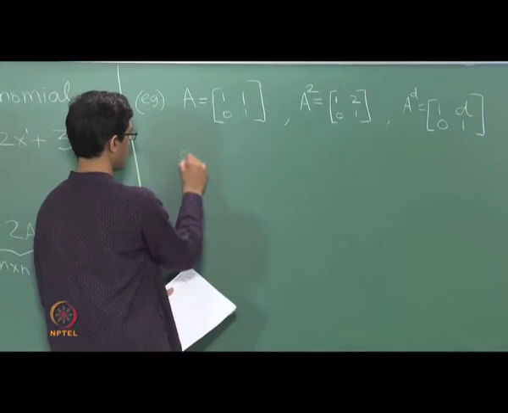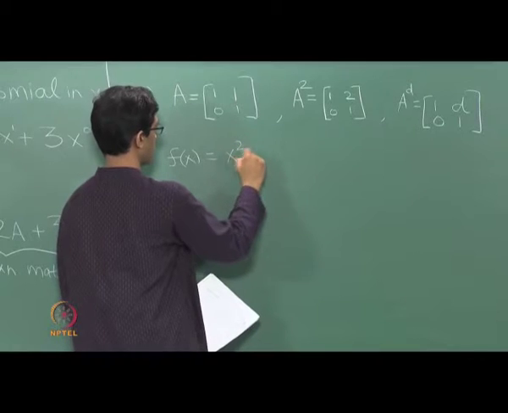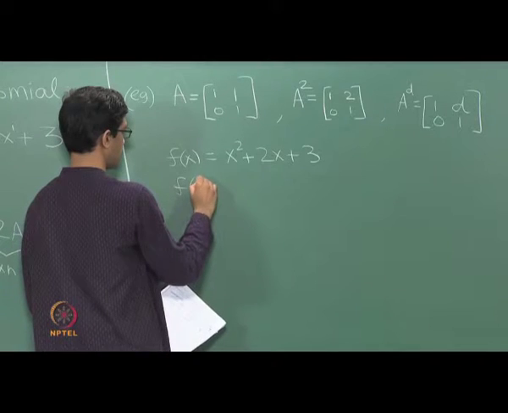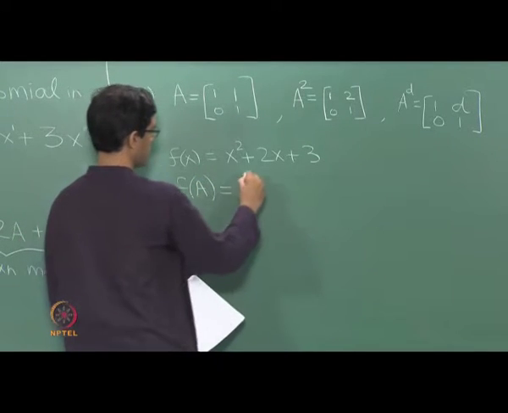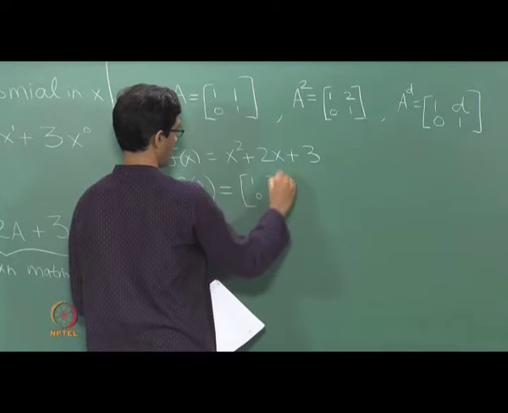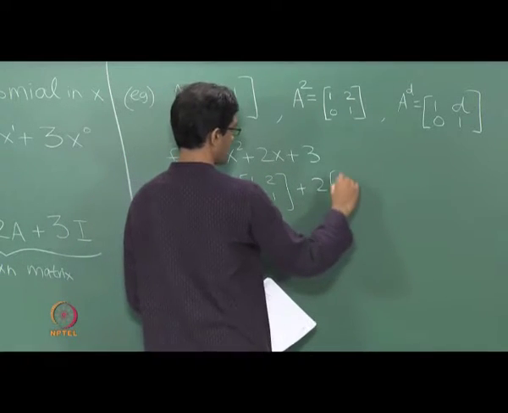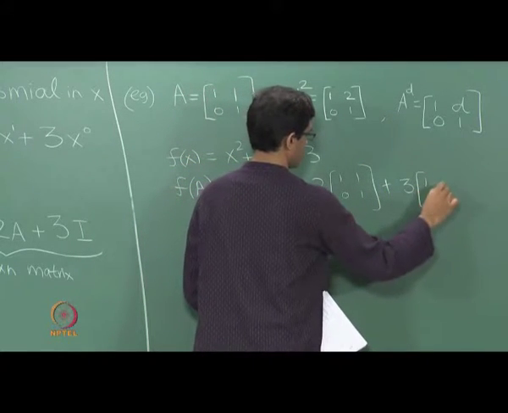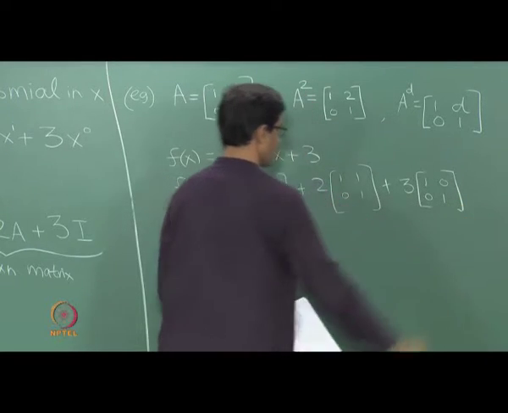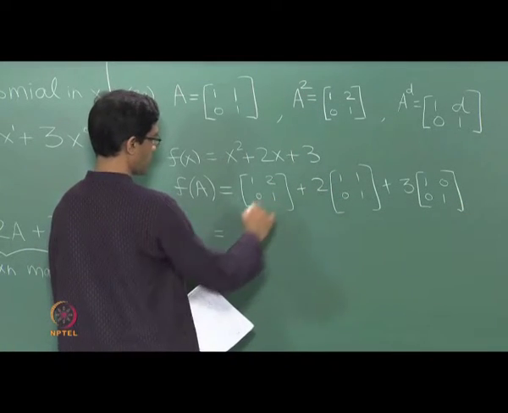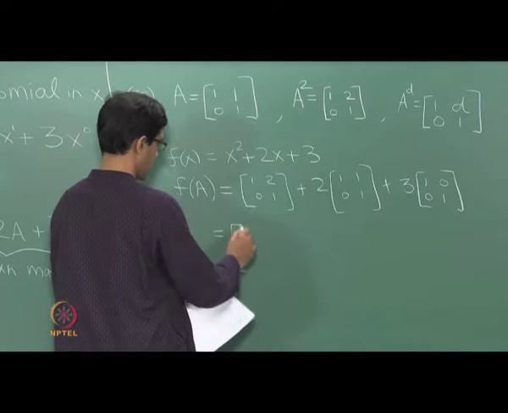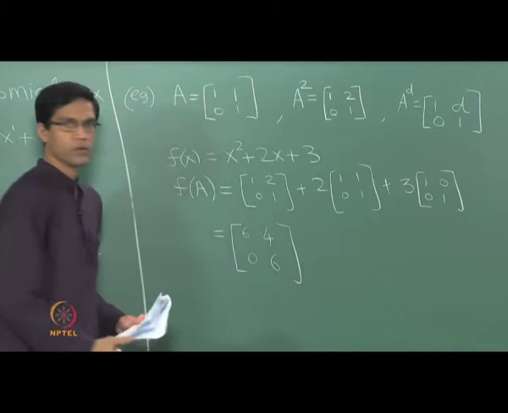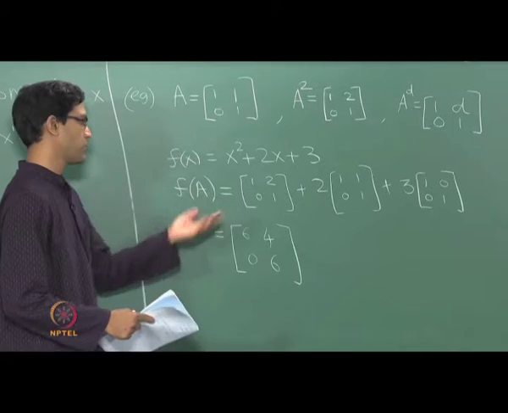And so now let us take the same polynomial f of x is x squared plus 2x plus 3, and let us plug in this matrix A in place of x. So as we said, it is A squared. So A squared is 1 2 0 1 plus 2 times the matrix A, which is 1 1 0 1, plus 3 times the identity matrix, which is 1 0 0 1 if you wish. Okay, so all we must do is add up these 3 matrices and check again that the answer here is 6 4 0 6. Okay, so that is just an example to show how this computation is carried out in general.